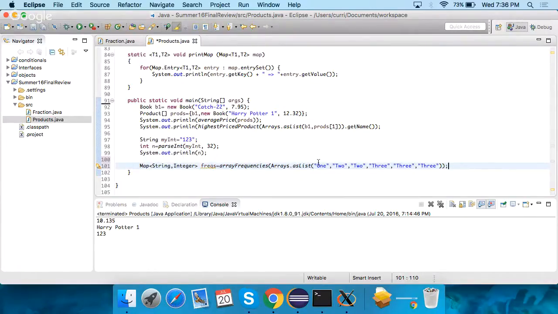So this creates an array, a list, right? Having 1, 1, 2, 2s, 3, 3s. And so when we do our array frequencies, we'll get 1 with the integer 1. And so we can do print